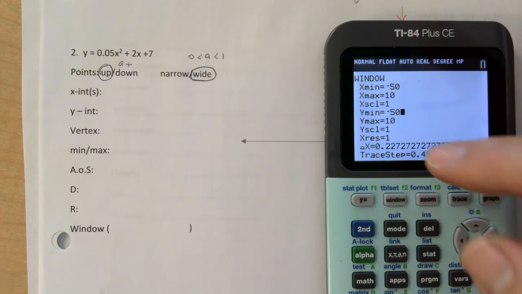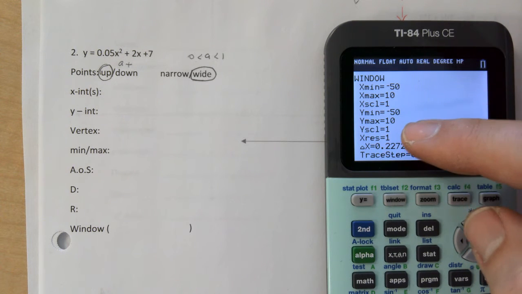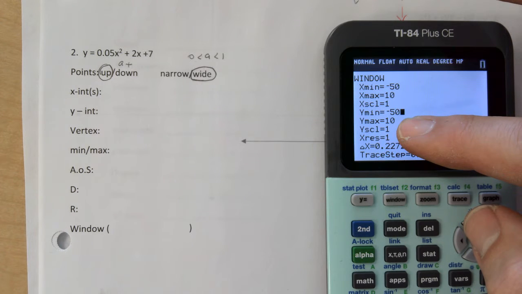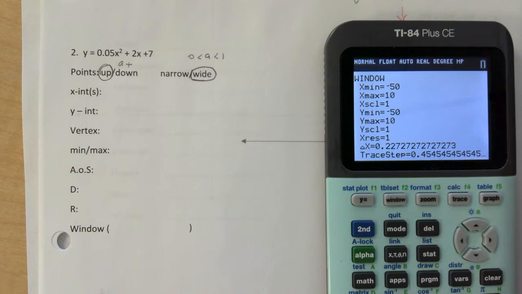So let's say you flip this, right? Let's say you put the negative 50 in for Y max. It's going to give you an error. As soon as you try to graph it, it's going to say something out of range, can't do it, right? So be careful that you don't mix them up. The min has to be the lowest value of the two. So let's hit graph,